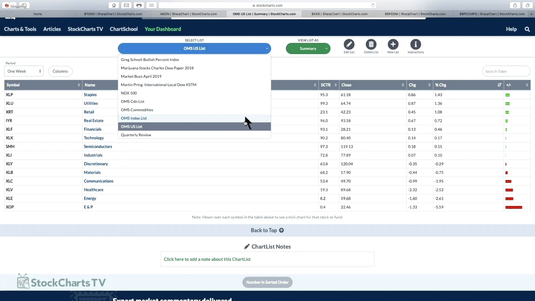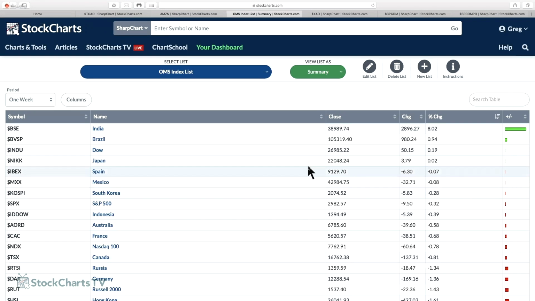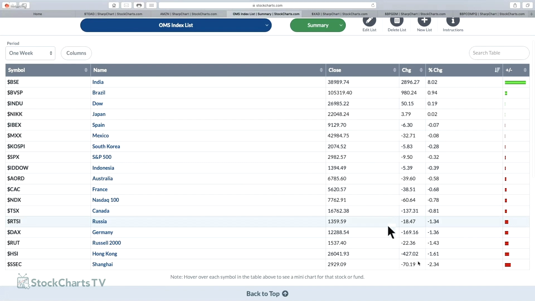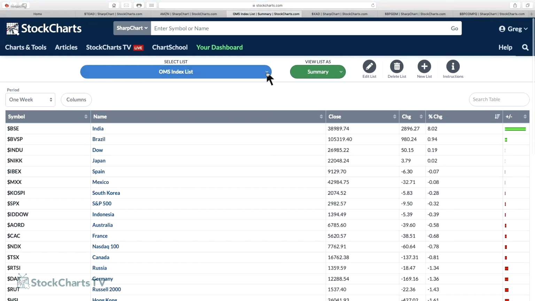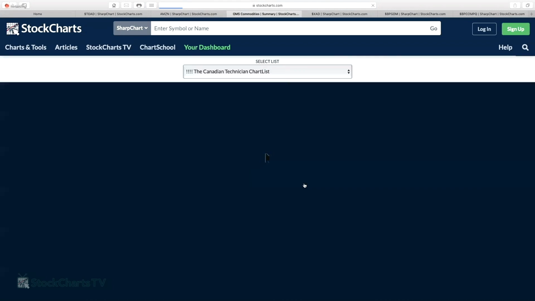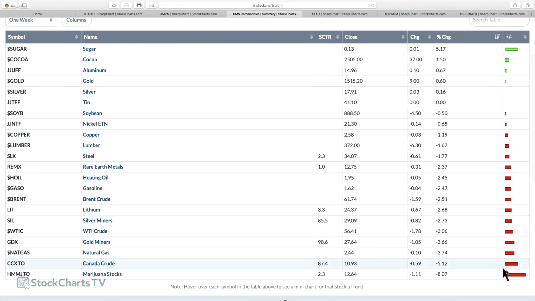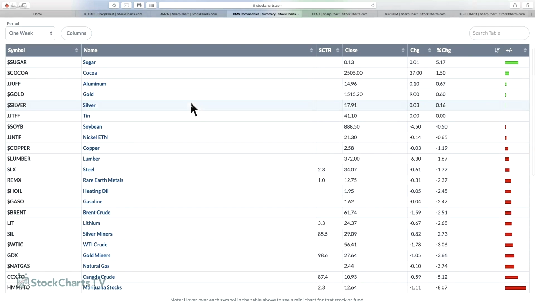Looking around the world, this is the perspective so far this week. In only one market, India, they had some tax changes and a big push on the back of that. But pretty much everything else is slightly in the red this week. The Shanghai is giving it back again, which isn't what we want to see if that China trade deal is going to start to improve. Looking at the commodities, again, US dollar going higher has really hurt, and these marijuana names just got crushed again this week. They continued to wilt, so not exactly expecting good things there.